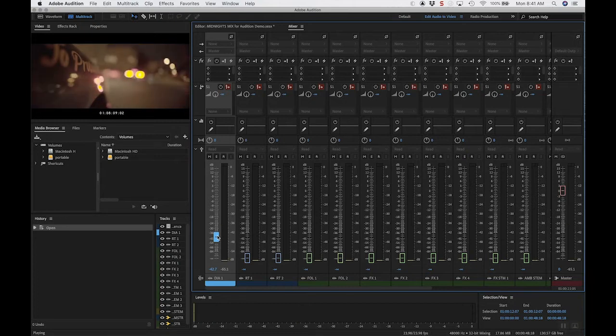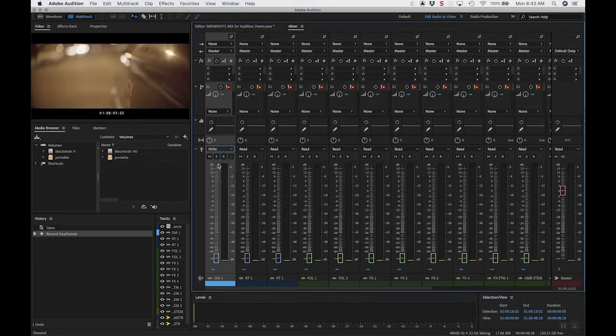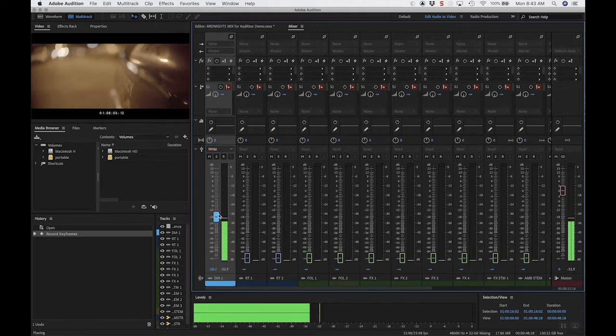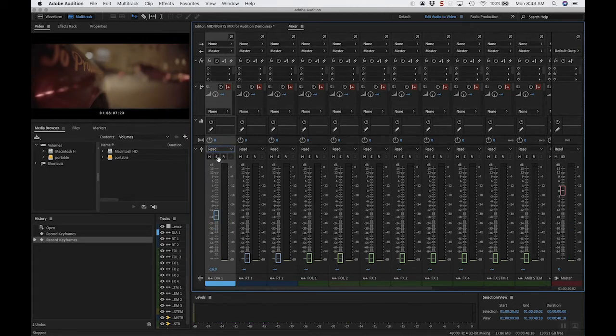we get the same behavior. However, as soon as I write onto a track, then it's going to start following the automation. I'm going to go to a channel, I'm going to write some information. So I'm going to put it in write and I'm just moving the fader. Now if I put it in read and press play,